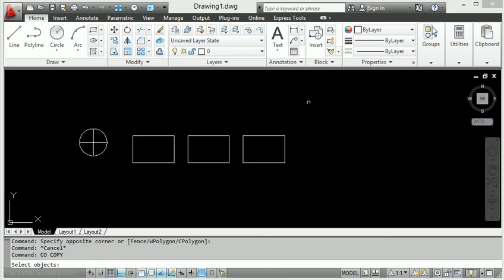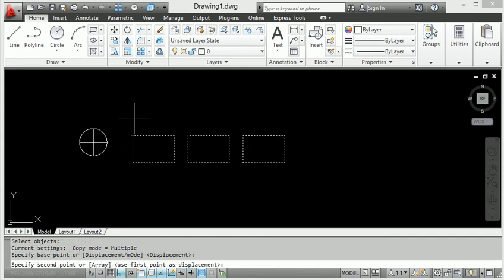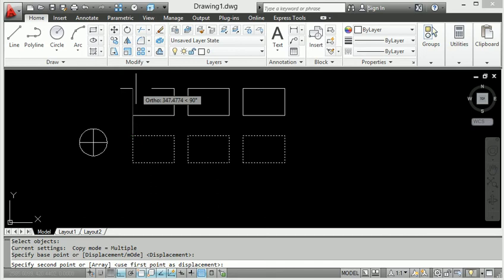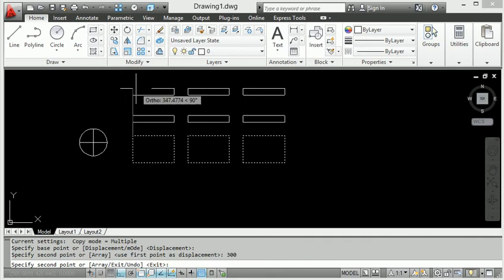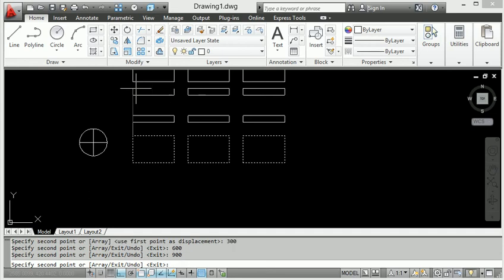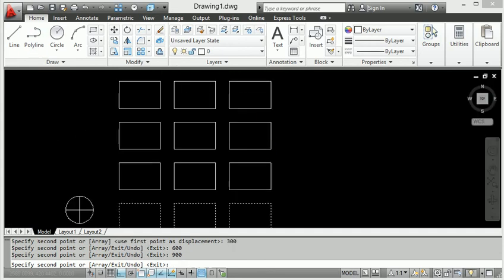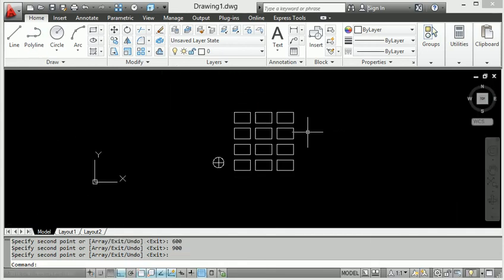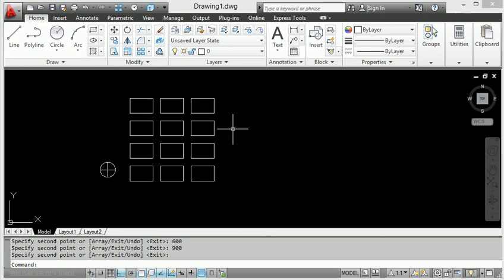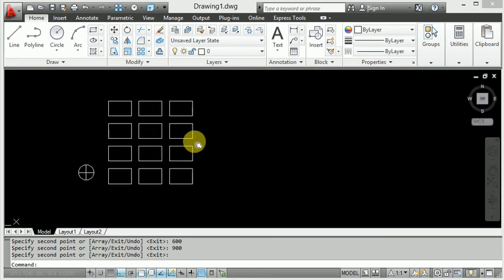Press CO enter, select the whole diagram, press enter, and go to how much distance we provide in the upward direction. So 300 between, and also 600, and also 900. So this is called the copy command. It is very easy to use the shortcut key. Press CO enter and apply the copy command.